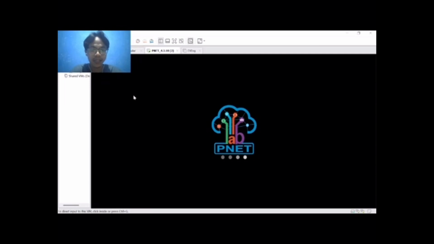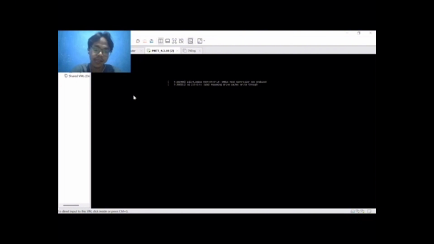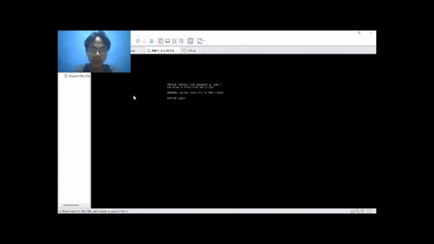Because this Pinet Lab takes more time to load. The default username and password is root. Oh yes, I forgot, we do not need to log in here because we have the IP address like this.